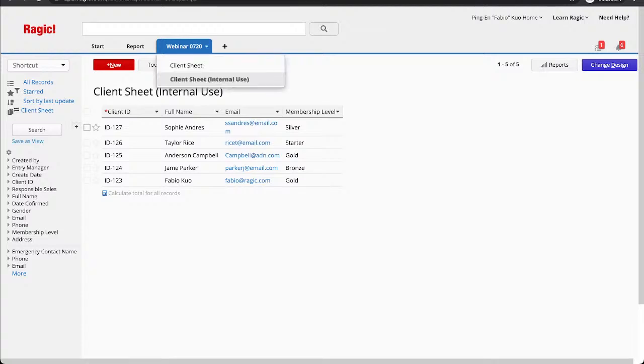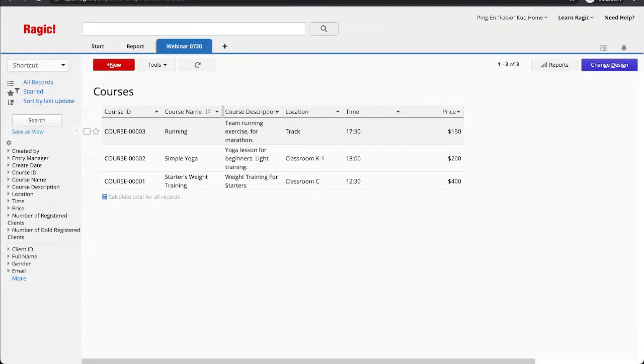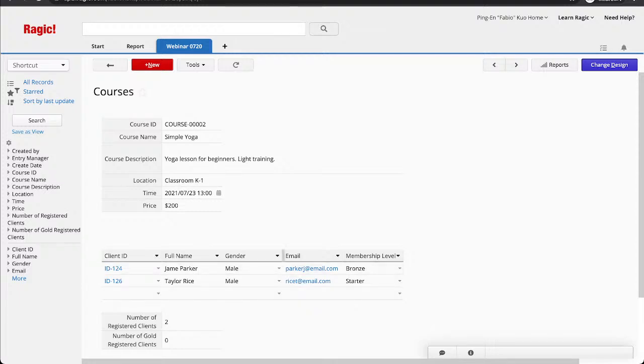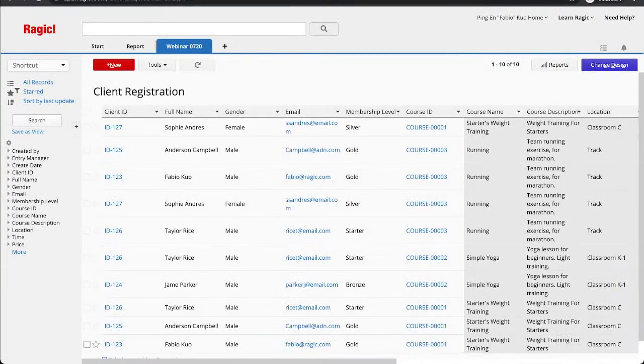For example, going back to the courses sheet, you would like to export this subtable under the running record and this subtable from the simple yoga record. If that's the case, I suggest, just like what I've done, creating a new sheet from this subtable to consolidate all the subtable information, such as this client registration form, and generating your report or exporting your data from there. I guess that'll look more like how you'd like it displayed.